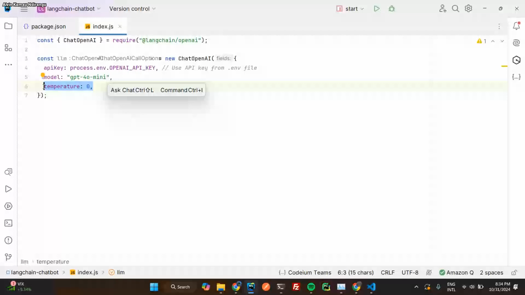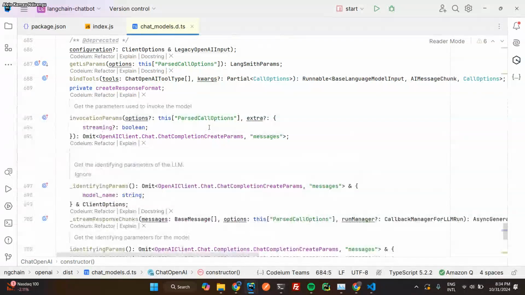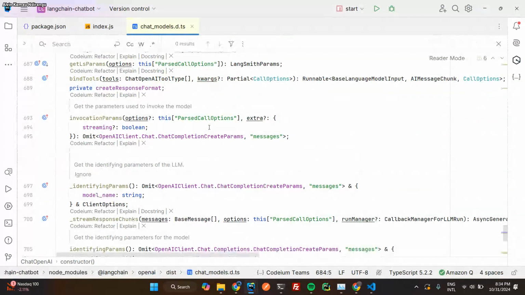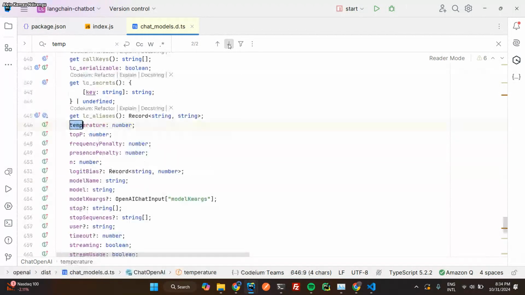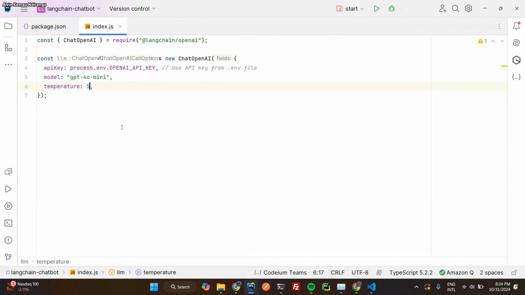I'm not sure about that. If you're not sure about something, you just check the code here. I think it's a number up to 10. So you can put 5, and it will be moderately creative, but we'll just keep it at 0